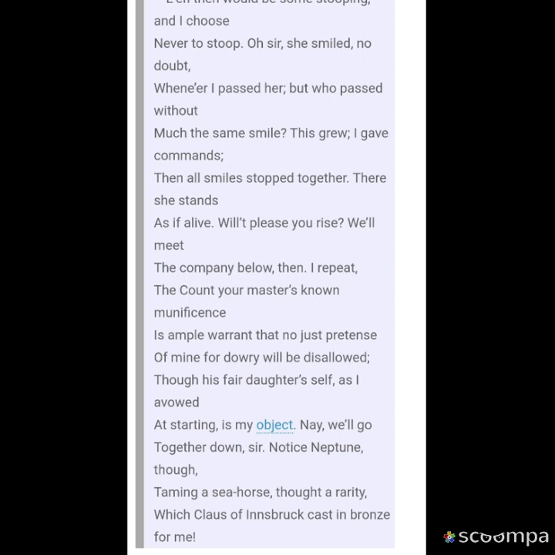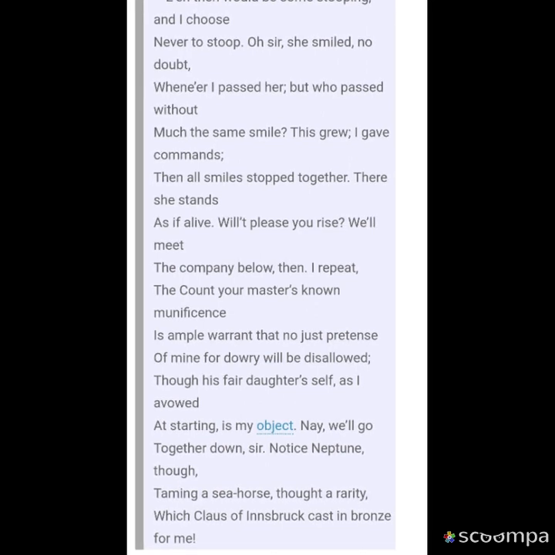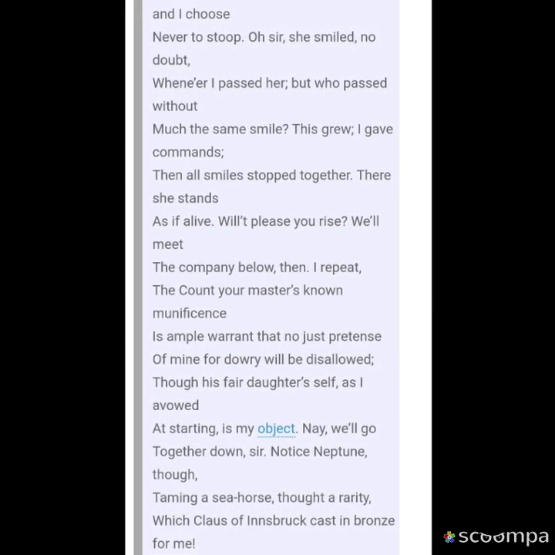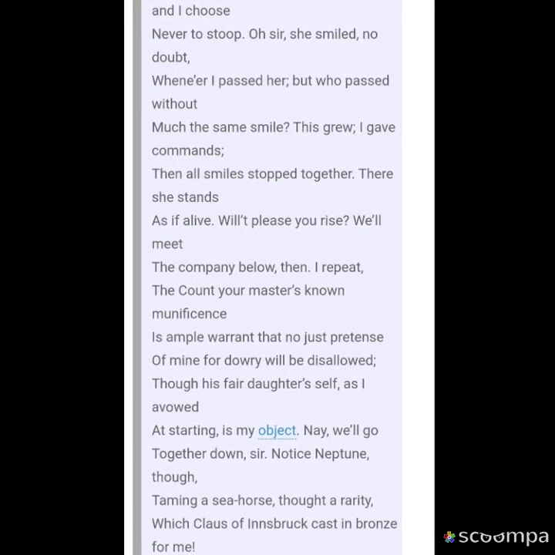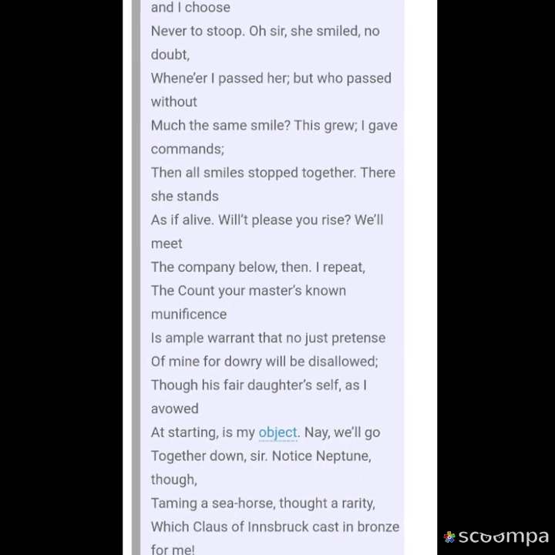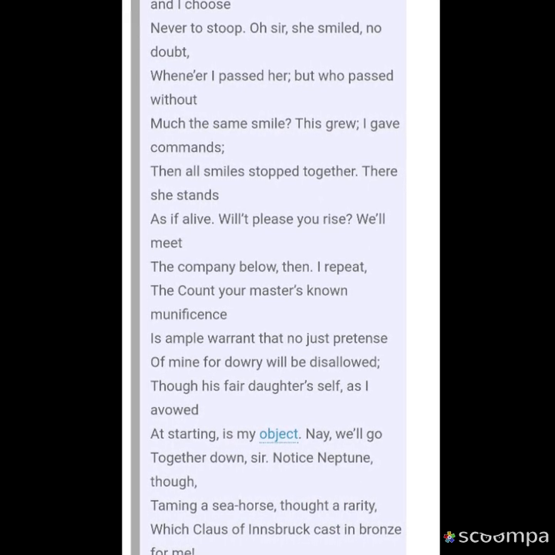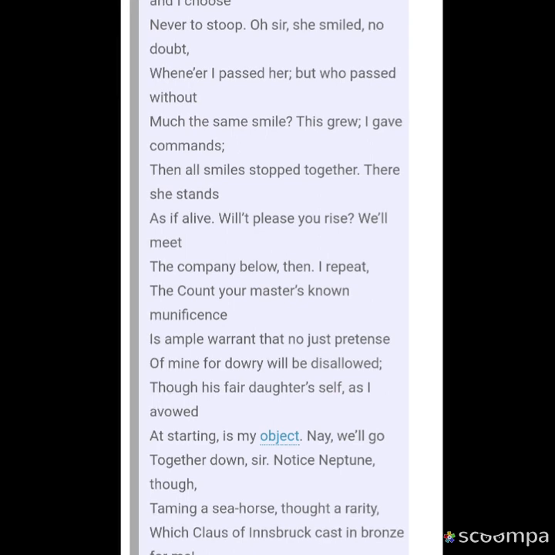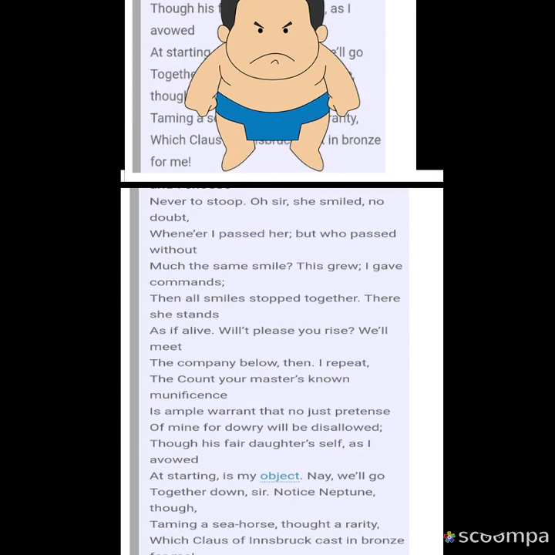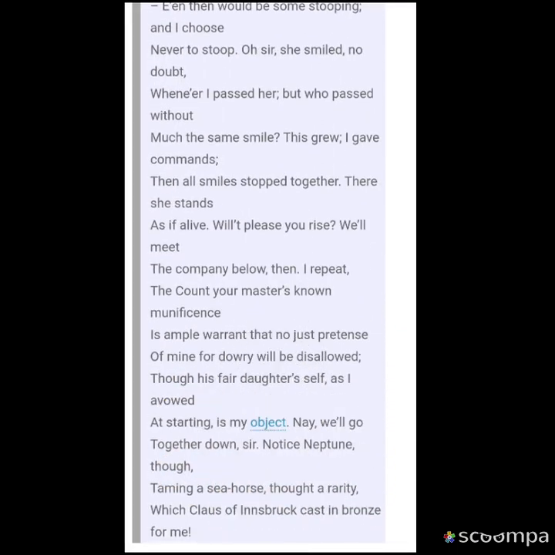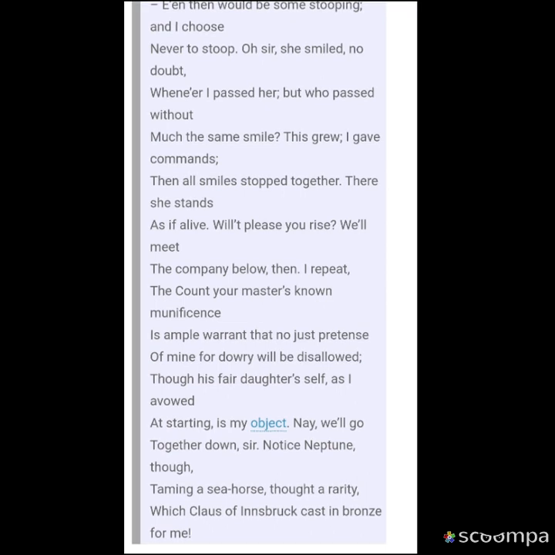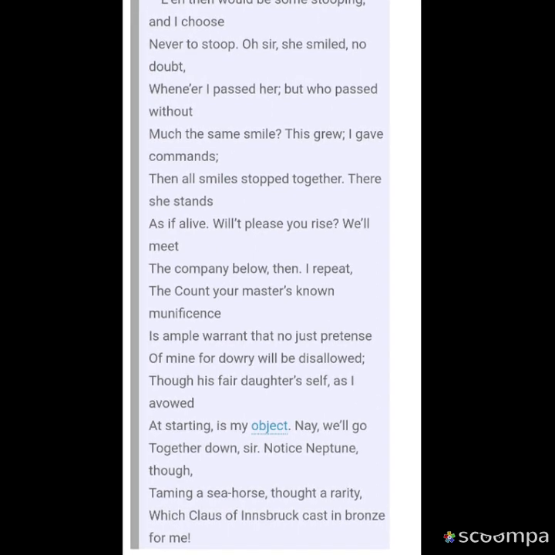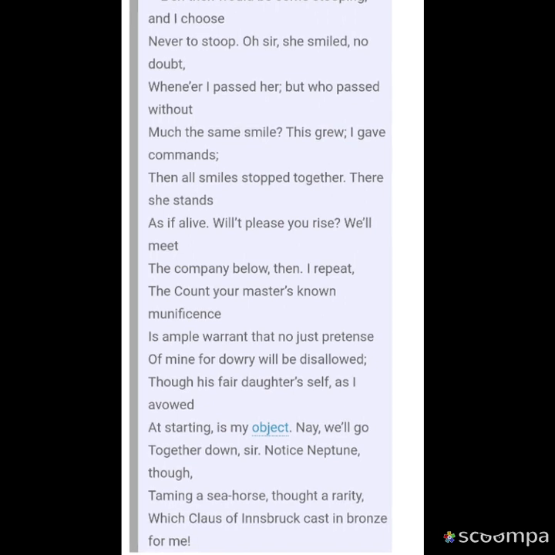She died, right? Then he says this because now we feel like he's talking to some suitor, and some other people are also waiting for them downstairs. They might be on the first floor or second floor. And he says that I know your count will never disrespect me by not giving me the dowry. Although, when they start moving downstairs, he says that I don't need it, look at this particular statue of Neptune taming a sea-horse, thought a rarity. So this is such a rare thing, already with me. So although I don't need your dowry, whatsoever you feel that I deserve, definitely something would be given to me. So this is how morbidly obsessive love can be,